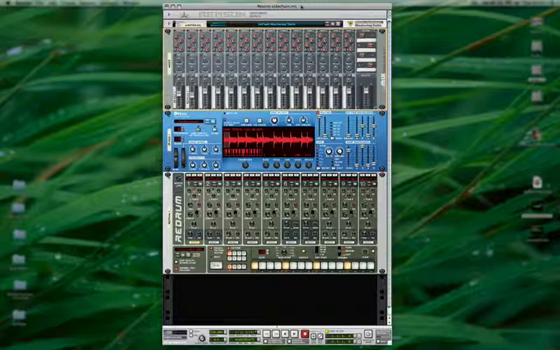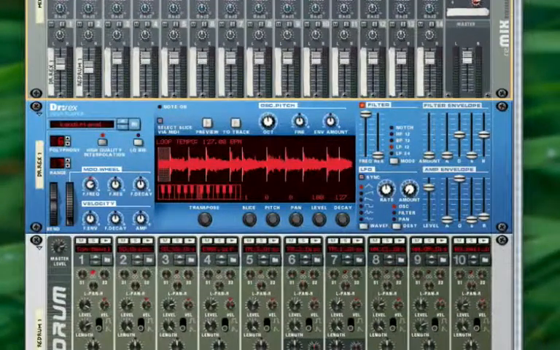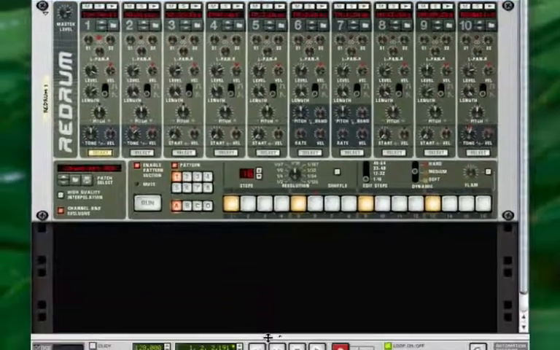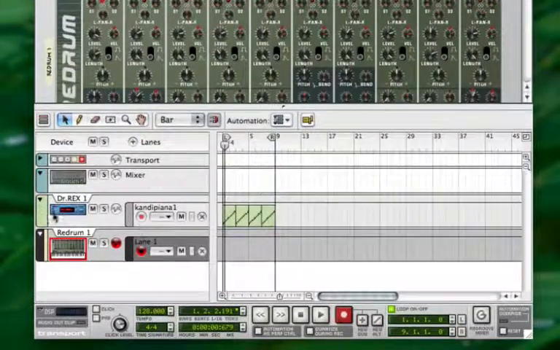The piano loop is a Rex file, so it's playing back from a Dr. Rex loop player, and the kick drum is playing from the first module here in the Redrum drum synthesizer or drum machine, and I've simply programmed a 4/4 beat in the step sequencer. The Rex file is playing back from a track here,